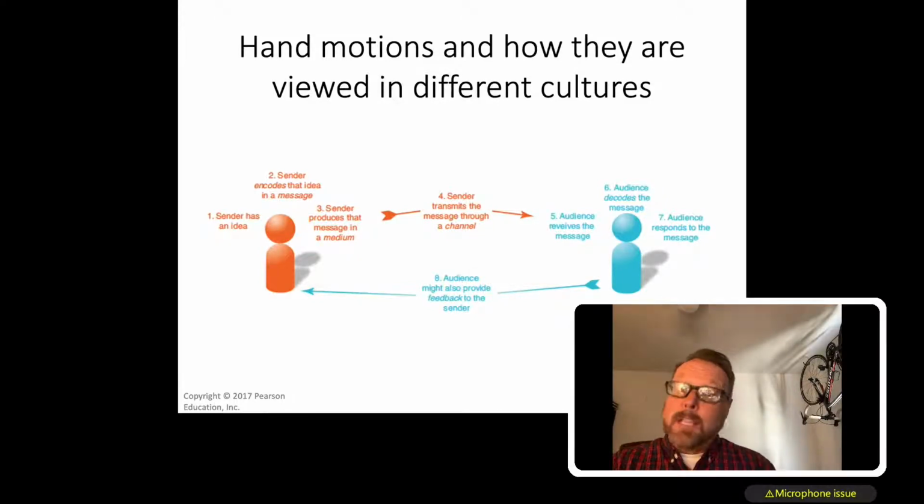It could be through a written channel. It could be through a digital channel. It could be through an in-person channel where you're giving it to them in person. So those are technically the 3 channels: in-person, written, or digital, or hard copy, I guess you'd say. And then the audience receives the message, the audience decodes the message, and then the audience responds to the message